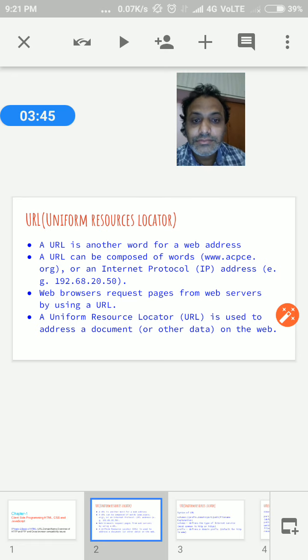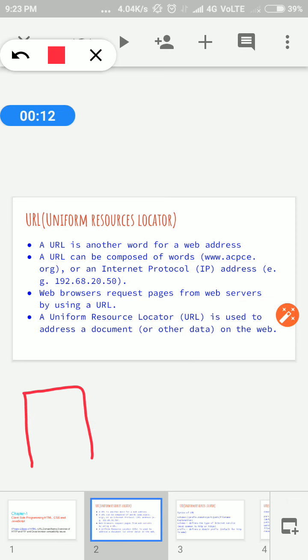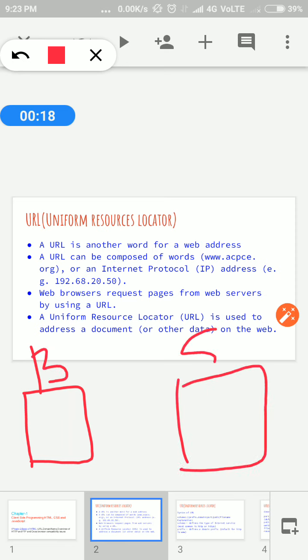Okay, so we can also show the request to the web server using a diagram. Suppose I have one browser, and that browser sends the request to the server here.